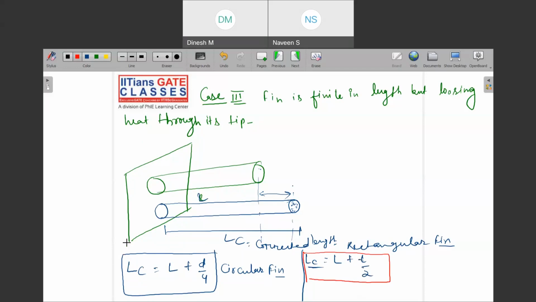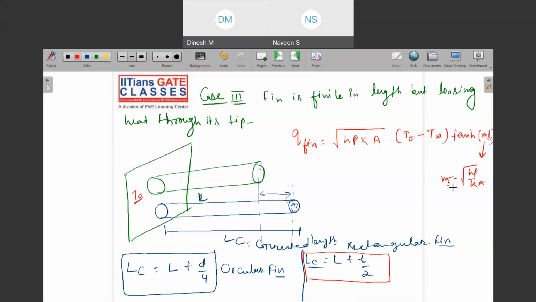Okay. Now what is the idea? To find out the heat transfer. So again, if I find out Q fin, then this square root of HPKA is common for all types of fin, and then we have T naught minus T infinity. Again, T naught is the base temperature, and here you multiply it by tan hyperbolic of mLc. M is the square root of HP upon KA.